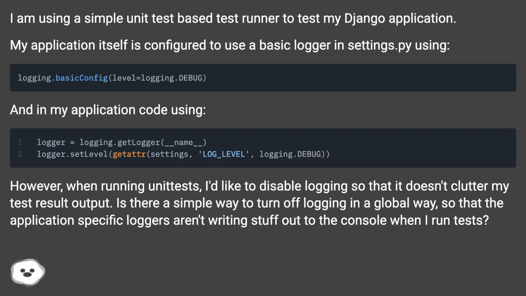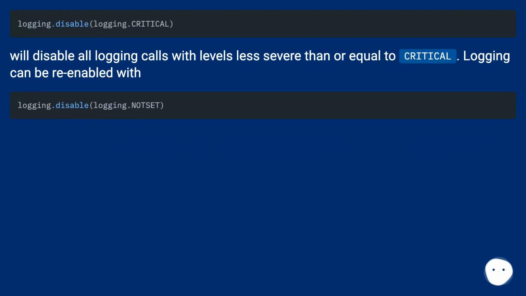Is there a simple way to turn off logging in a global way, so that the application-specific loggers aren't writing stuff out to the console when I run tests? We'll disable all logging calls with levels less severe than or equal to critical. Logging can be re-enabled with